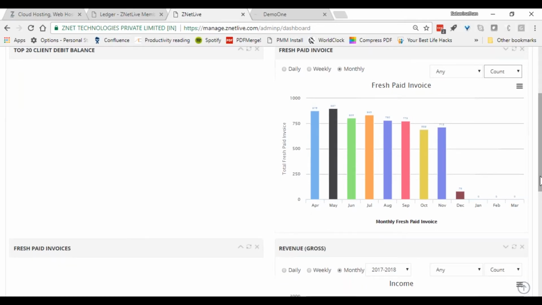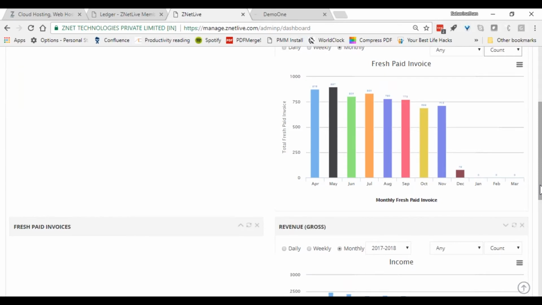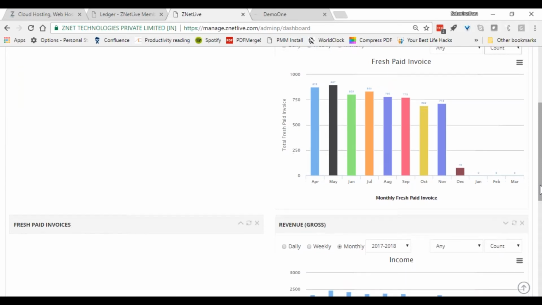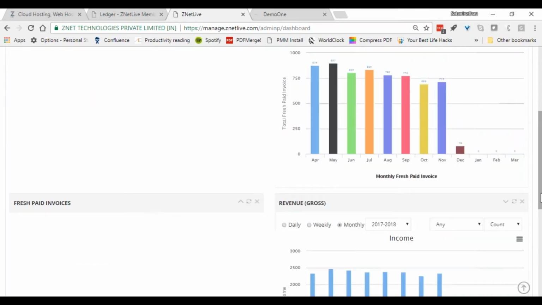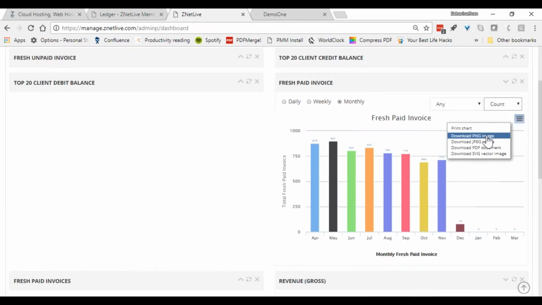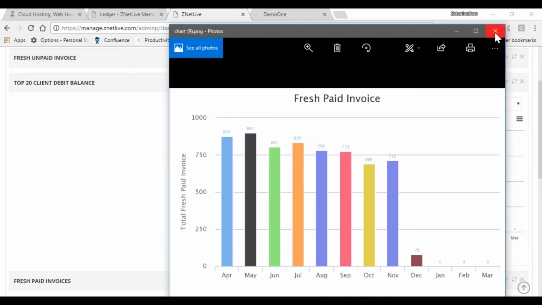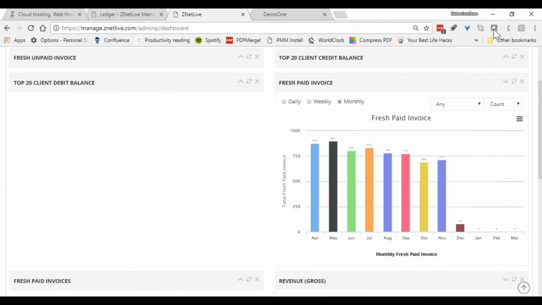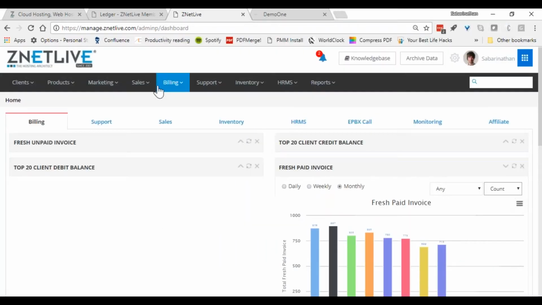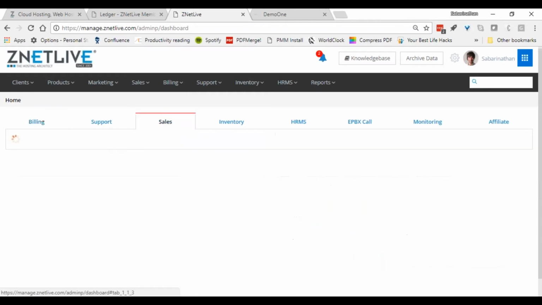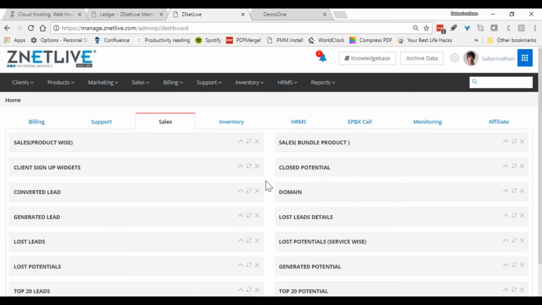For example, you can look at revenue from a gross receipts perspective, or a total number of receipts perspective. This is just dummy data, so you can visualize how these reports would look. You can also export some of these into, for example, a JPEG or some kind of reporting format, which you can attach to any of your board presentations as well. These are predominantly looking at counts. You can also look at invoice amount values, etc. And there are plenty of dashboard reports like this for you as a CSP to get to know more about how your business is running.